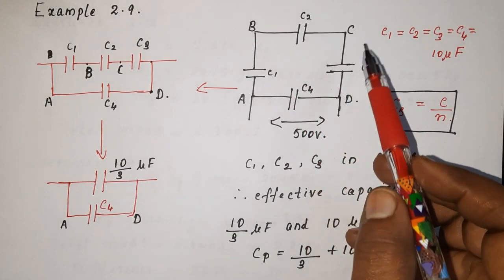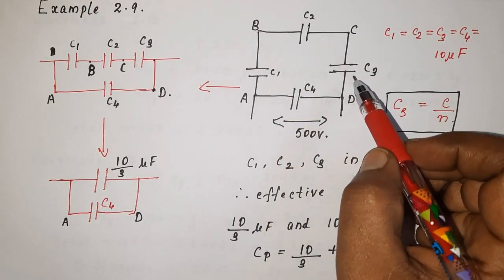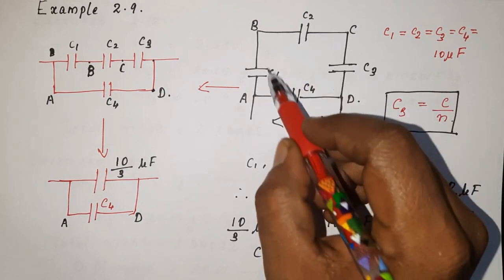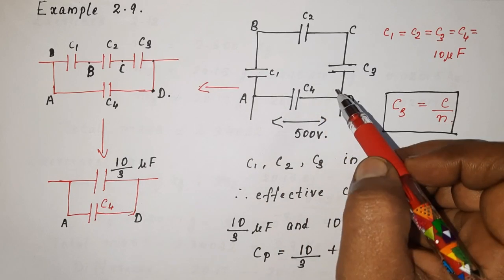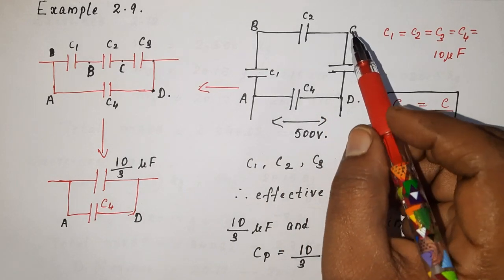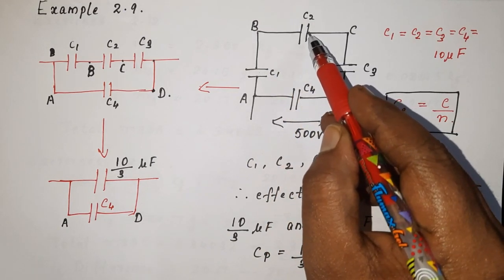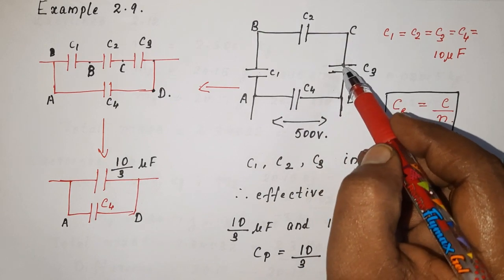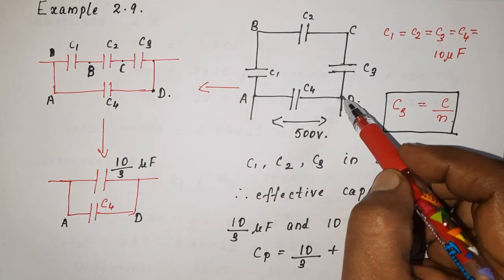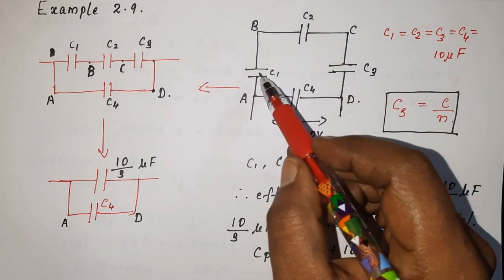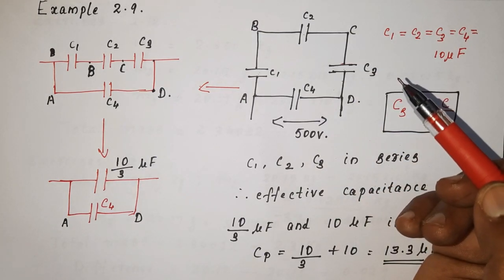In this question, 4 capacitors are given like this. You have to look at the diagram carefully, because even when we look, we feel C2, C4 are in parallel, C1, C3 in parallel. It's not like that. One end of C1 is connected to C2, the other plate of C2 is connected to C3, and these two ends are connected to some other points. So actually C1, C2, C3 are connected in series. That is the important point.